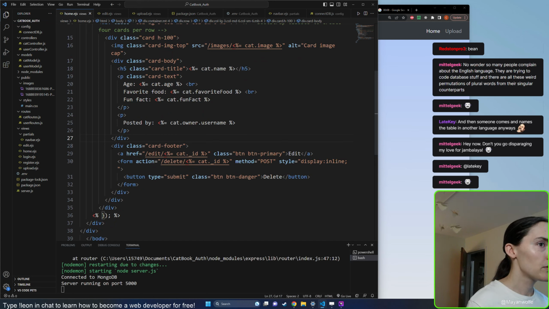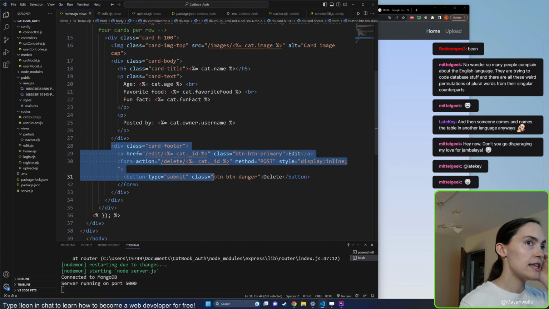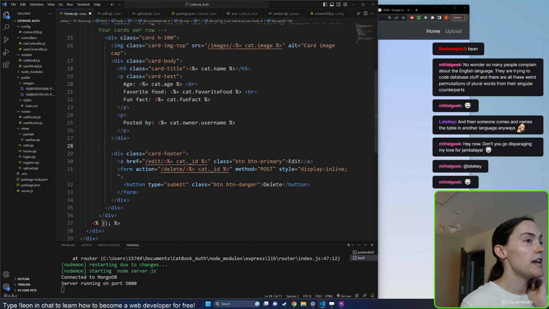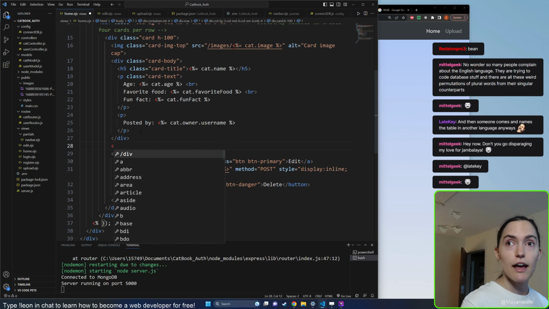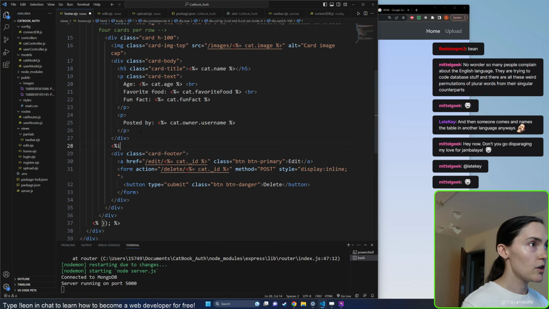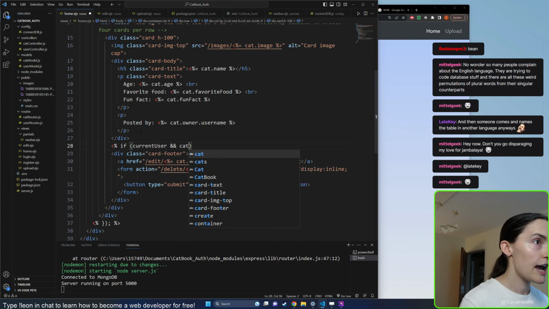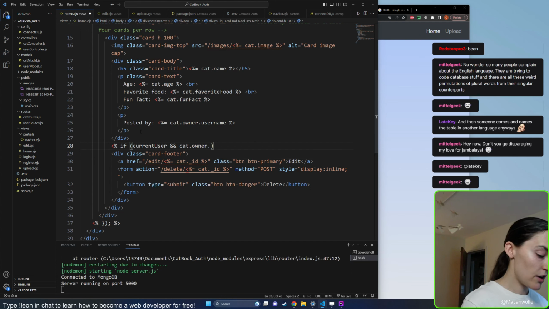Now, here's our card footer where we are displaying the edit and the delete buttons. I only want those edit and delete buttons, so I only want that footer to show if I am the one who submitted the cat. So here's the power of EJS. We can say if the current user and the cat.owner._ID